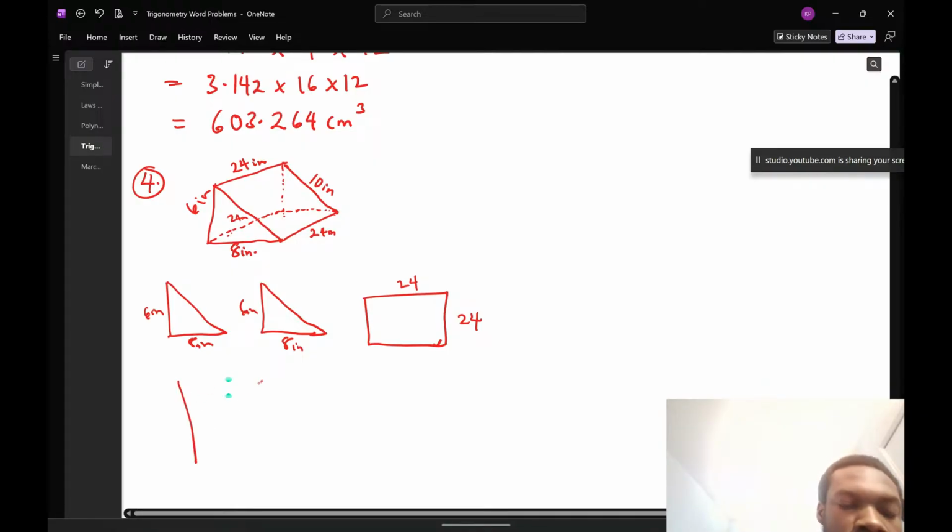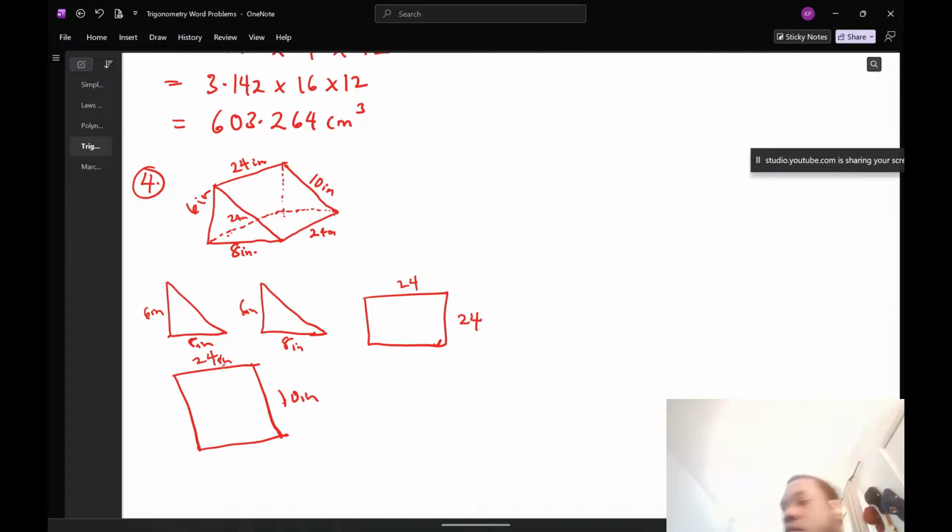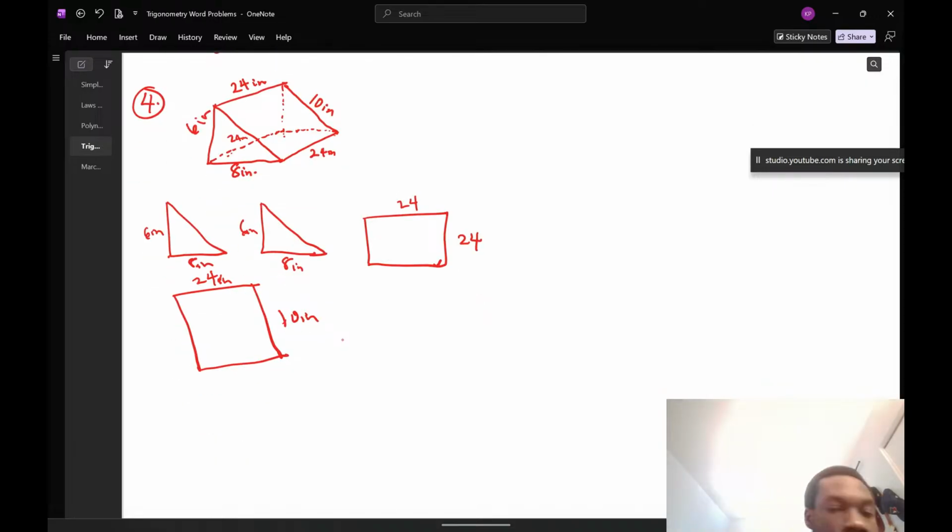So we have something slanted like a parallelogram. This parallelogram is 10 inches here, and we have 24 inches. Okay. So the area for a triangle, so the total area